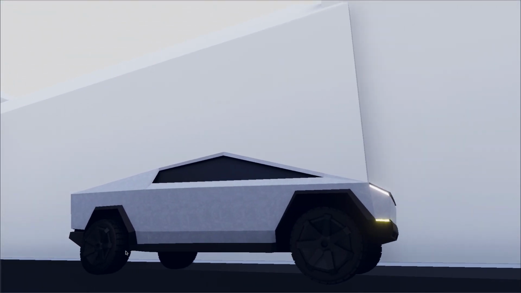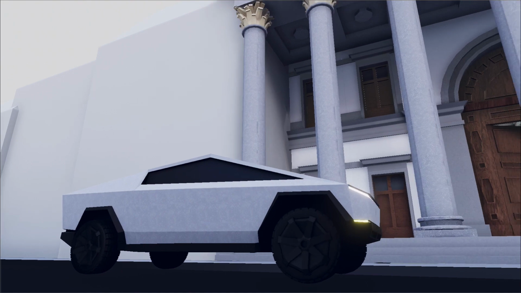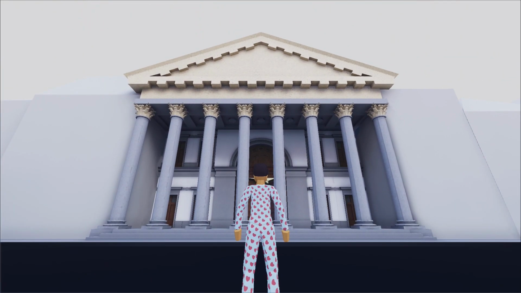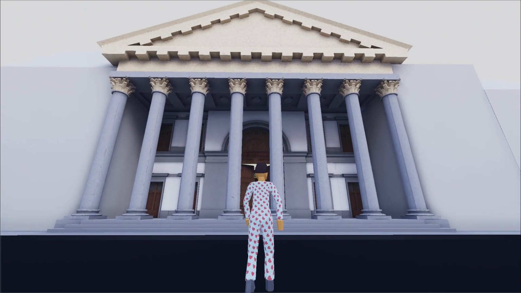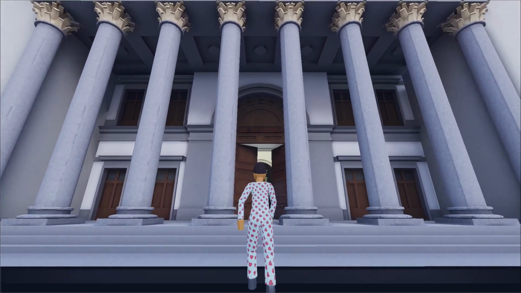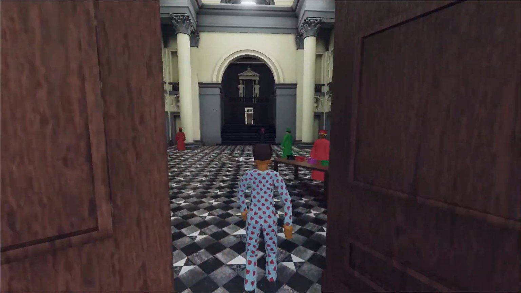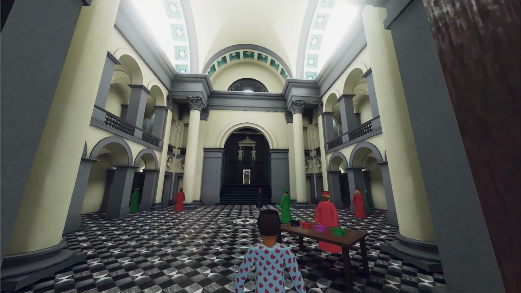Look at this cool ride. The perfect way to arrive on the most important day of your life. Ha ha ha! Who are we kidding? You don't have any money like that, and you didn't even have time to get dressed. What a way to start your day. Anyway, let's get inside. What a wonderful building.